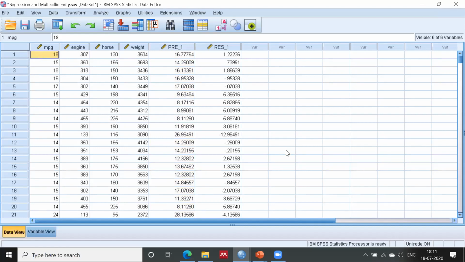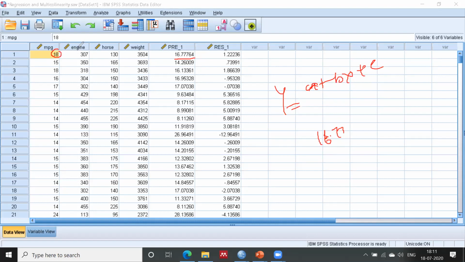Let me show you. I'm taking much time explaining the regression because this is actually basic, and basic is important. So y equals a plus bx plus e, right? My predicted value was 16.77. This is my prediction. And what is the accurate result? My actual result is 18.